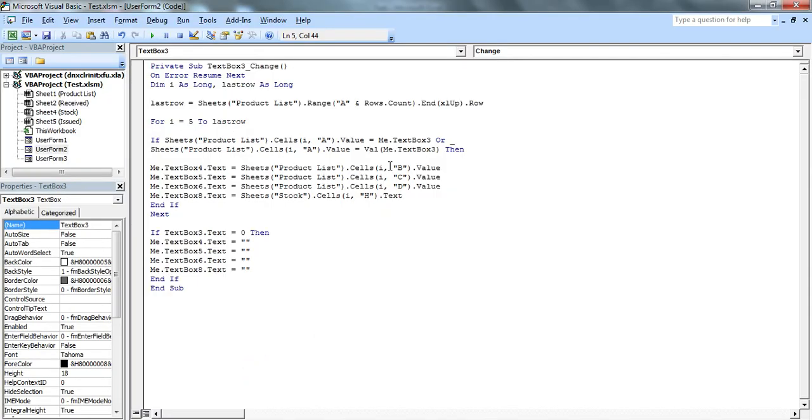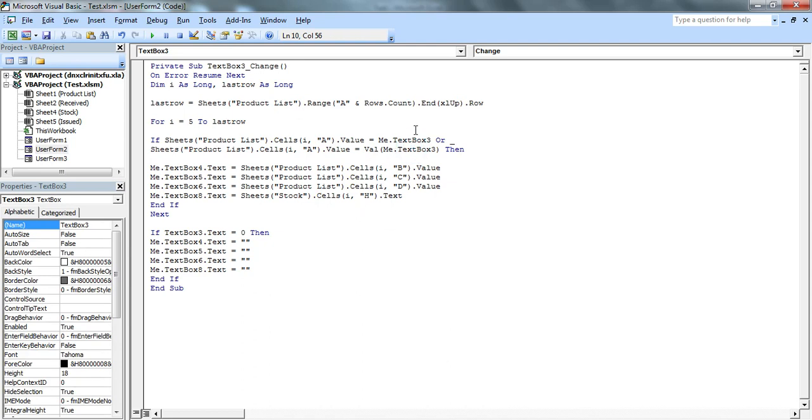Then we have used this condition: If Sheet ProductList.Cells(i, column A).Value is equal to TextBox3, meaning if text box 3 matches the value of any row of column A. Then we also mention the Val condition, because when we mention Val, it reflects the value when we are referring to the value.